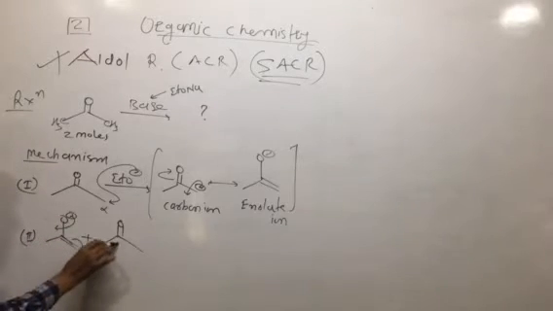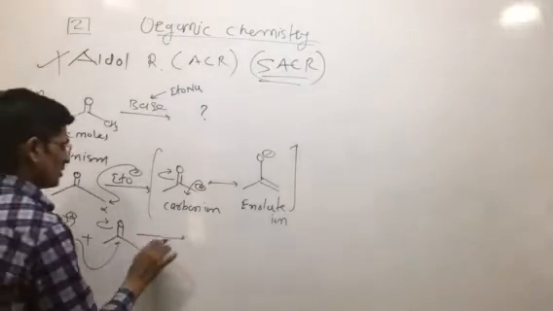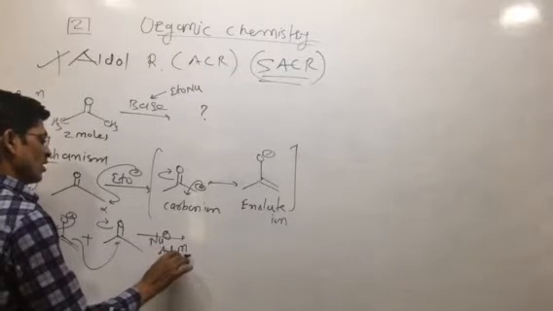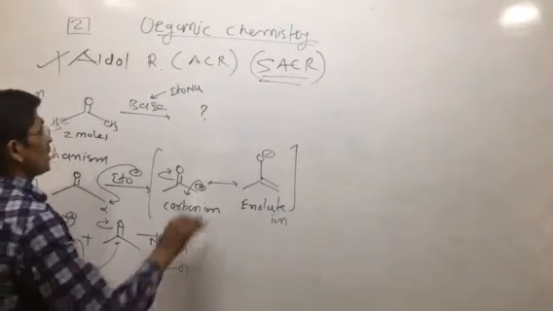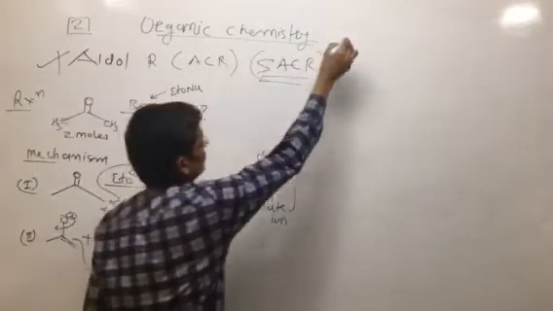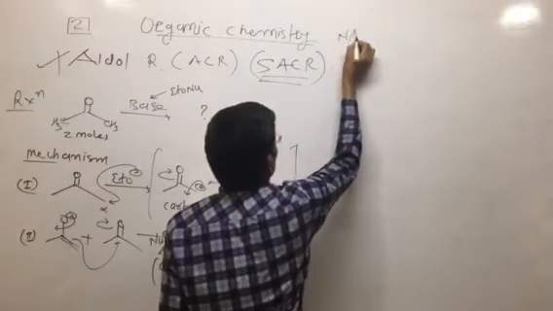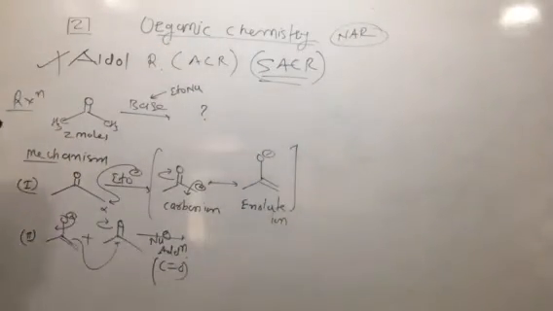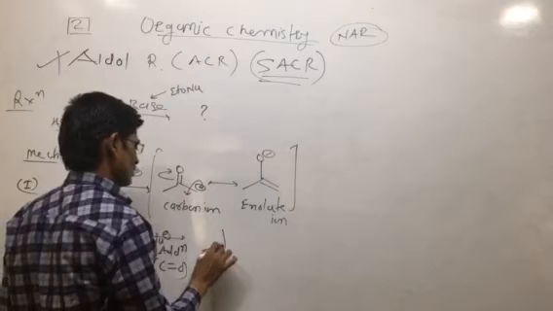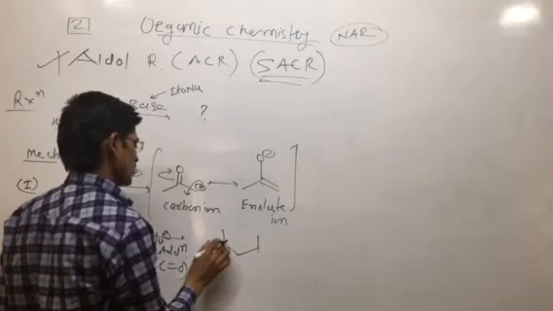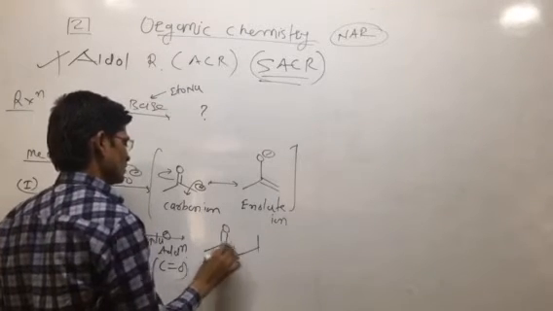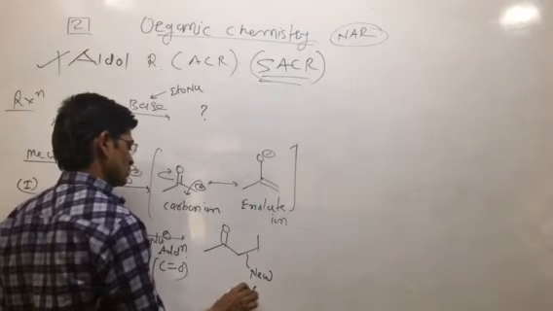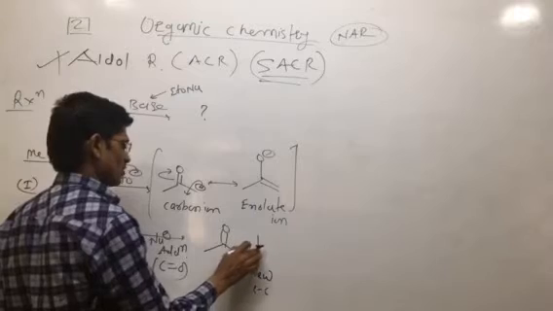This is what we call nucleophilic addition. Here the nucleophilic addition is on the carbon hetero multiple bond. These types of reaction, in this organic chemistry topic number 2, are nucleophilic addition reactions. So what happens? There is formation of a new CC bond, a new sigma bond is obtained.